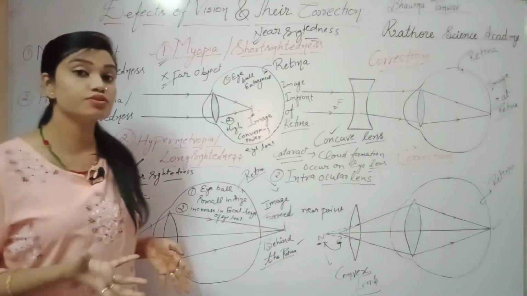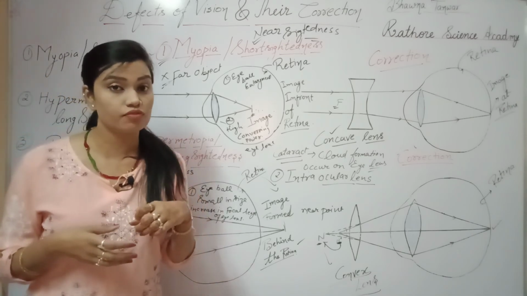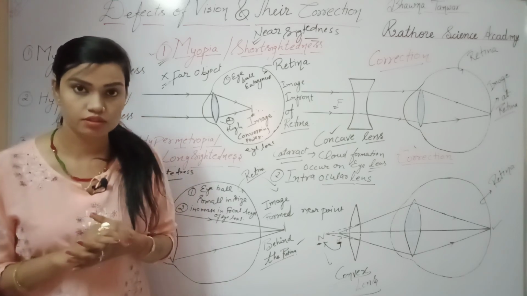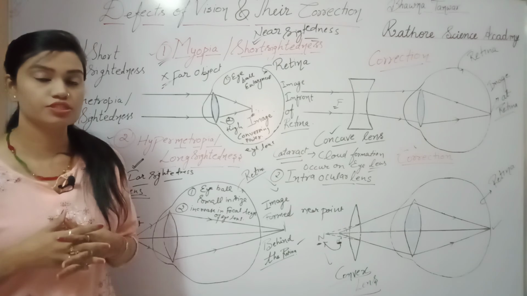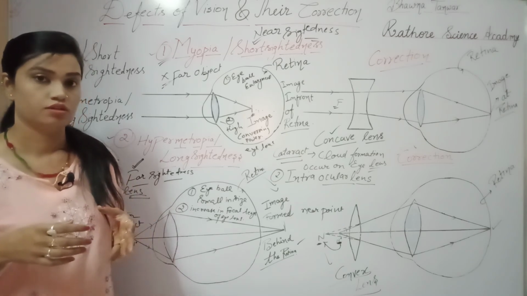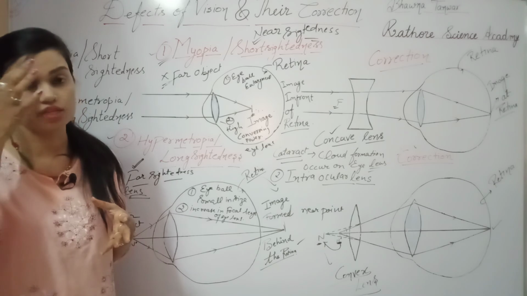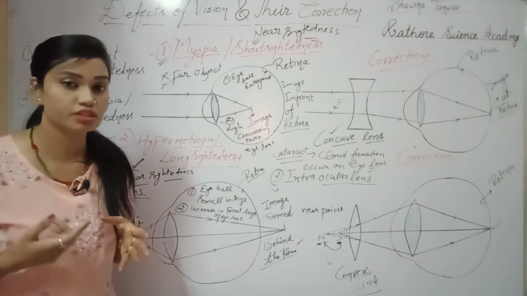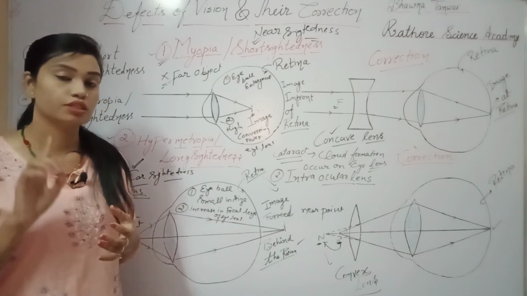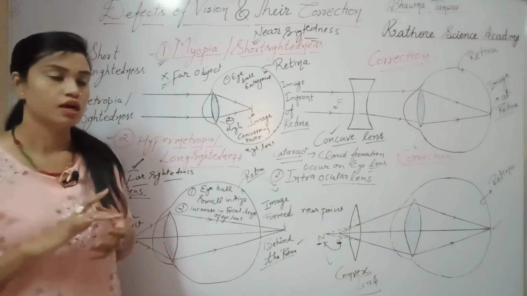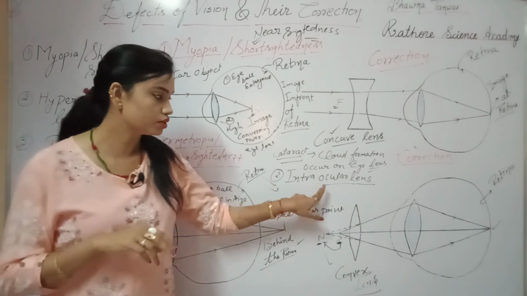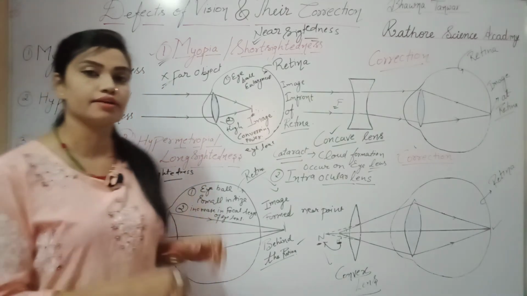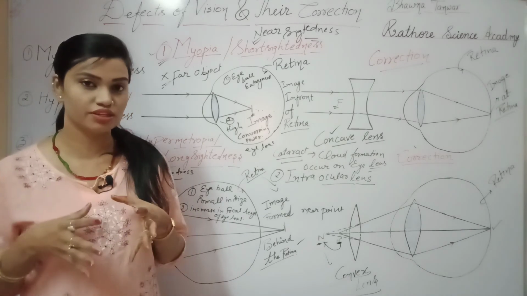Cataract is that disorder in which the eye lens gets affected. A cloud formation occurs at the age of 40, or more than that. The vision becomes blurred in the beginning. The brightness is lost from the object, the person does not see bright objects clearly, and after that the cloud formation occurs gradually, right? To remove that, cataract surgery is performed. And another thing, intraocular lenses are used in case of cataract. So here this topic is over.